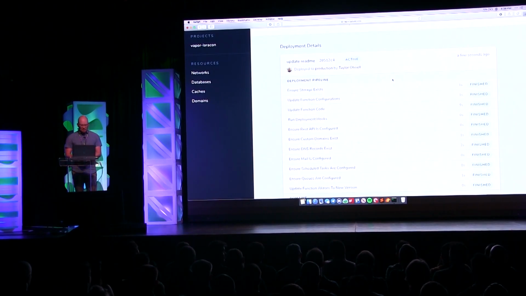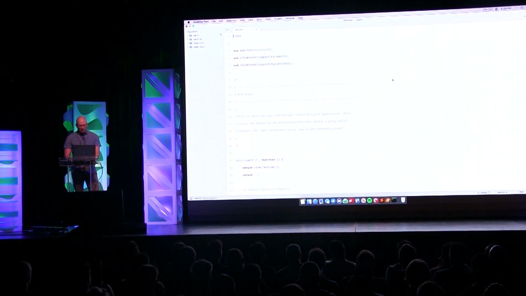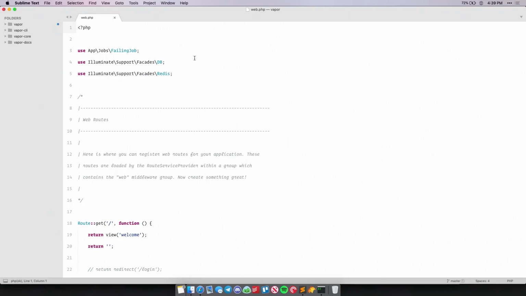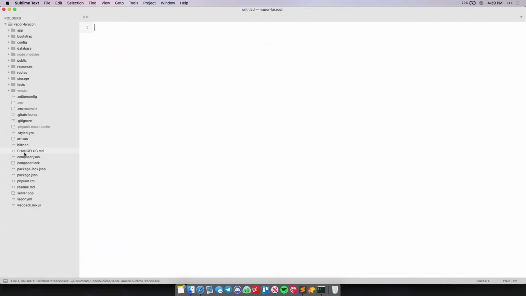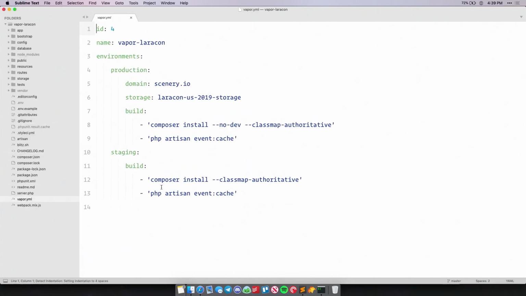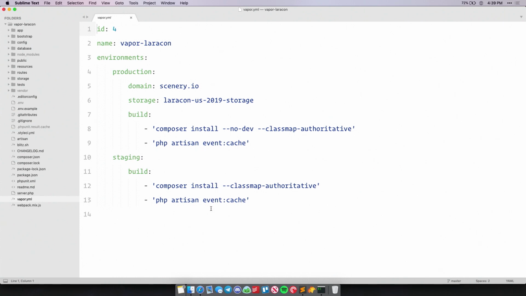So a lot of things happen during deployment, and how did Vapor know what to do during the deployment? That's all controlled from a configuration file in your project. So I'm going to hop over to that dummy project, and there is a vapor.yaml file here, which just has the name of the project, and then it has my different environments in it. And in production, you can see I have some build steps. This is what Vapor did before it sent my application out into AWS and installed my Composer dependencies, and it does this all in a temporary directory within the project that it deletes when it's done. And maybe it cached my events, and you can do whatever else you want to sort of prepare your project to be deployed.